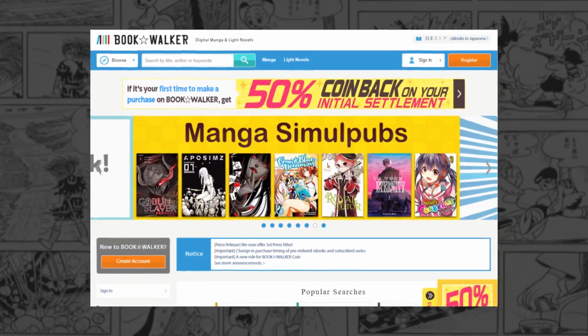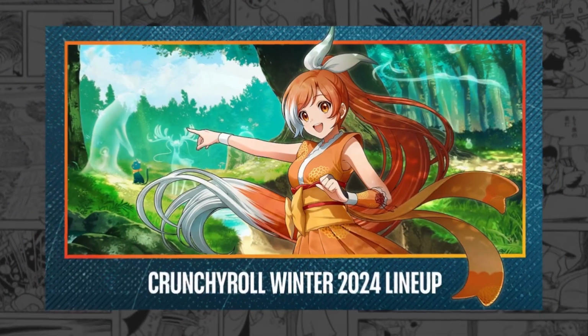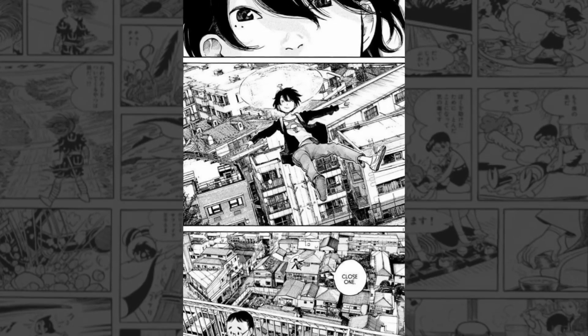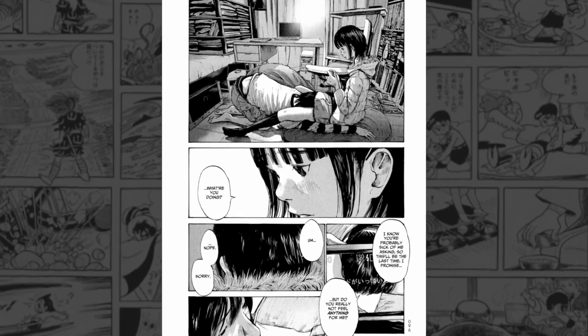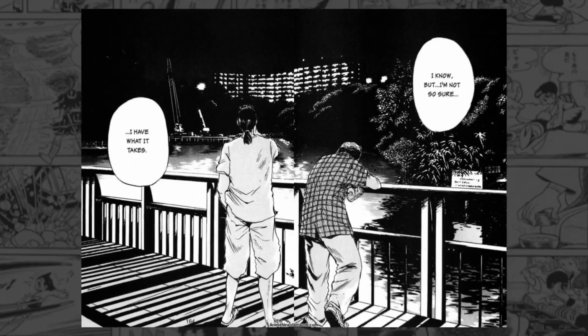Simulcasting, releasing English manga chapters simultaneously with their Japanese counterparts, became a global phenomenon. This approach allowed international fans to engage with the latest manga content in real time, creating a shared experience across borders. In conclusion, the technological evolution of manga from traditional Japanese inking methods to the digital era mirrors a captivating